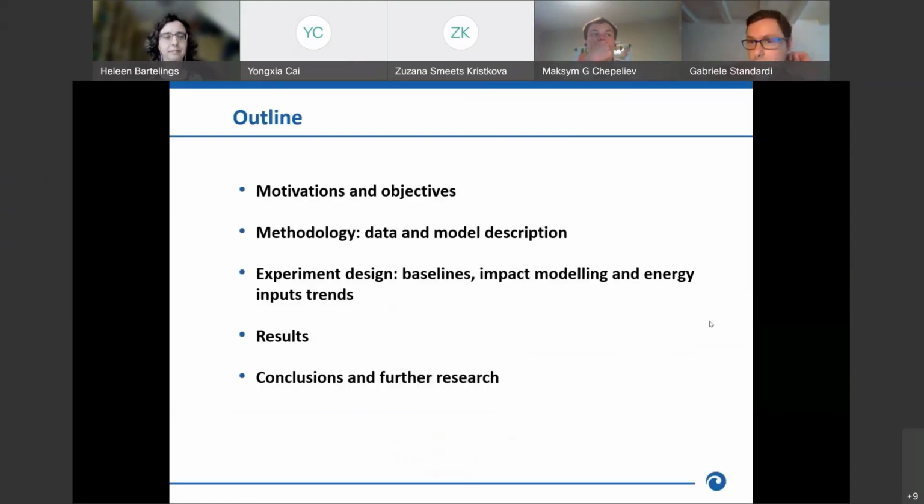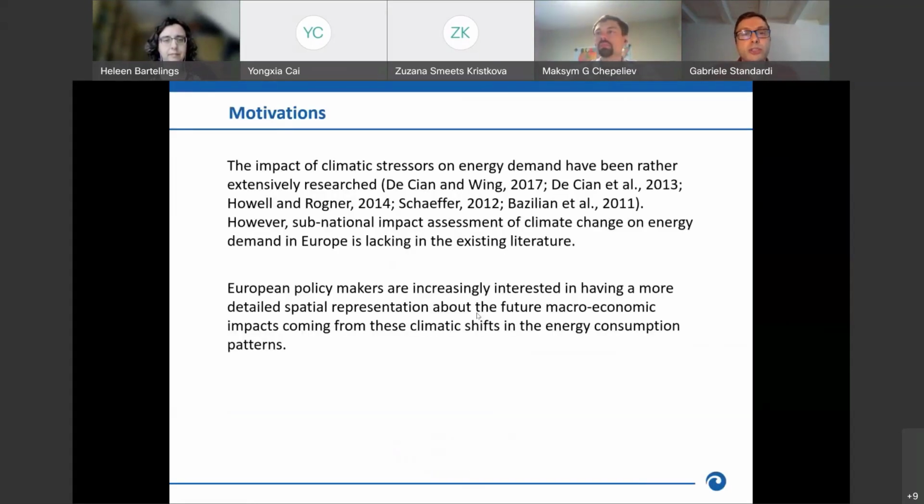Okay, let me sketch very briefly the outline of the presentation. First of all, the motivations and objectives, then the methodology, where I will describe the data sources and the model, the experiment design, where I will present the baselines and the impact modeling, and results, and finally conclusions and further research. So for motivations,